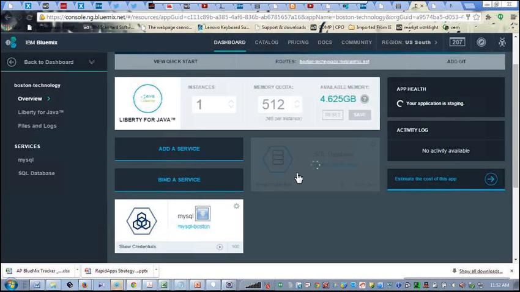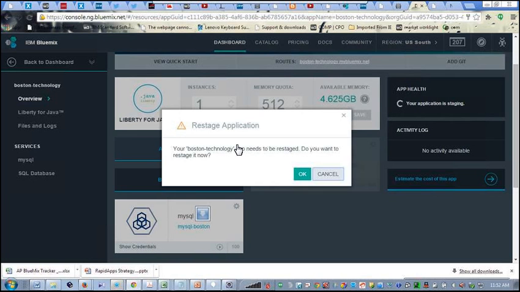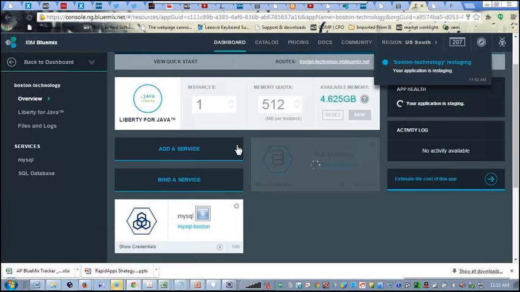Okay. And probably like this, any service that you might want to add from the existing bunch of services that is available on Bluemix, you are free to add by clicking on add service and then binding that to your particular application. Okay. So now what I'll do is I'll quickly show a demo of this